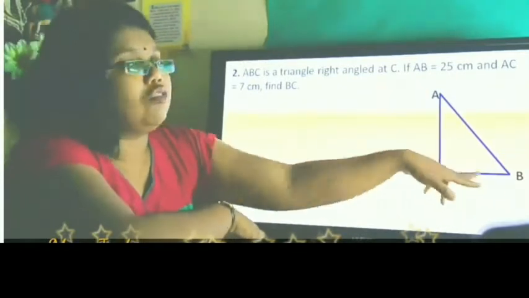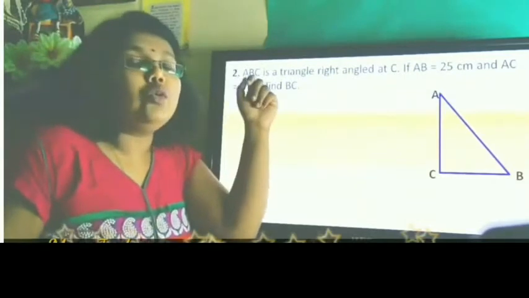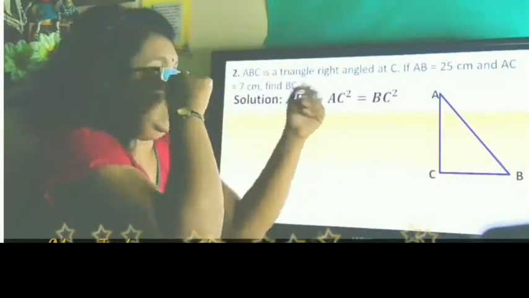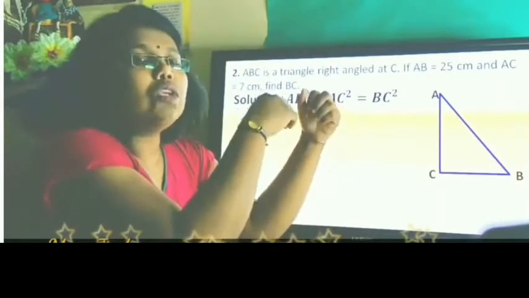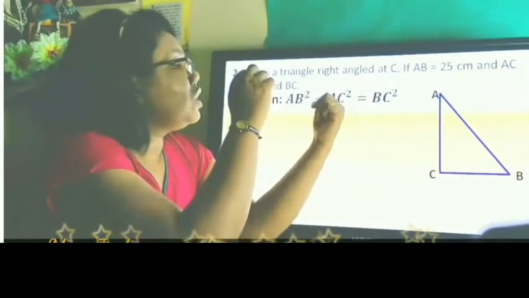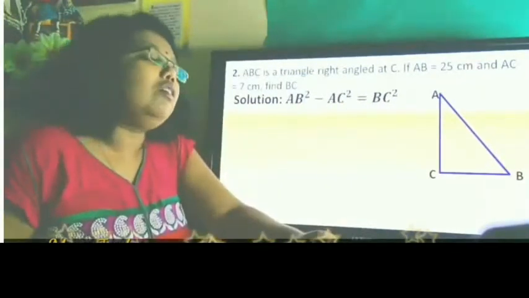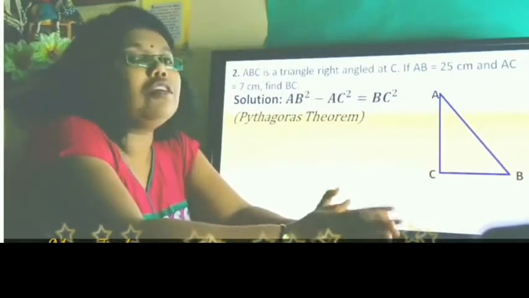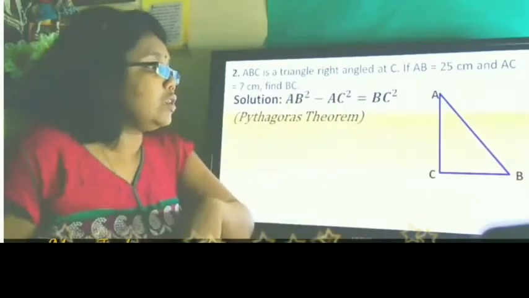Now here BC is one of the perpendicular arms. So we are given the hypotenuse and the other side. So what we do is we change the signs. How do we change it? We have already seen A square plus B square equals C square. Now if we are told to find A square, then C square minus B square gives you A square. So AB square minus AC square gives you BC square. This is the same Pythagoras property, but with a little change, because we are not asked to find the hypotenuse, we are asked to find one of the perpendicular arms. So AB square minus AC square equals BC square.